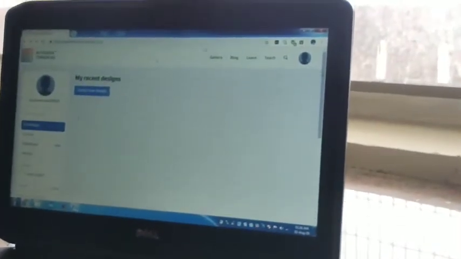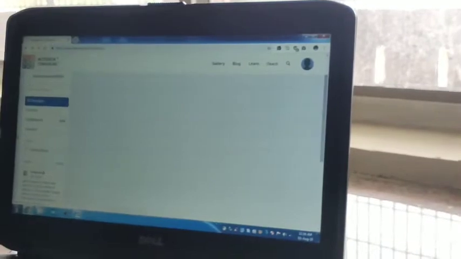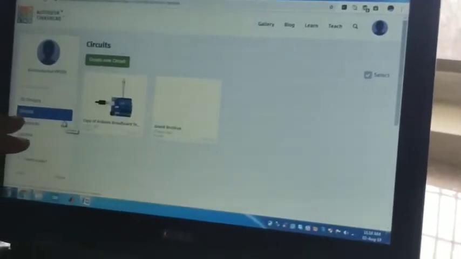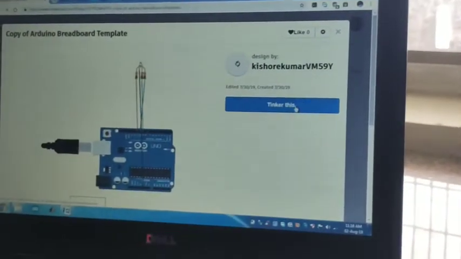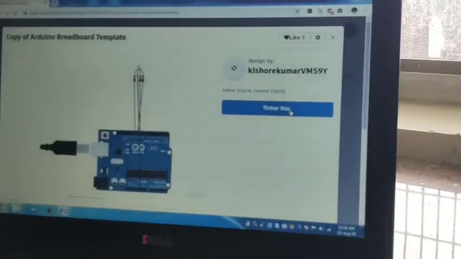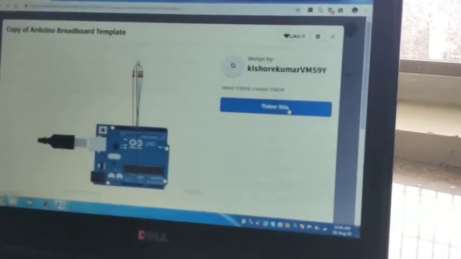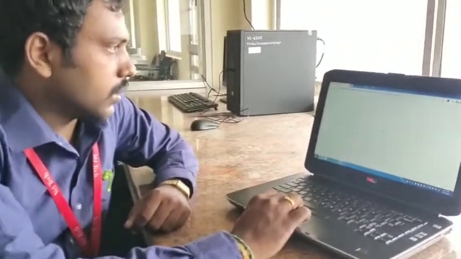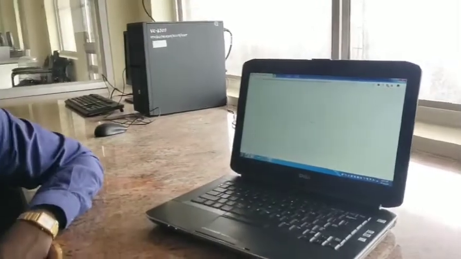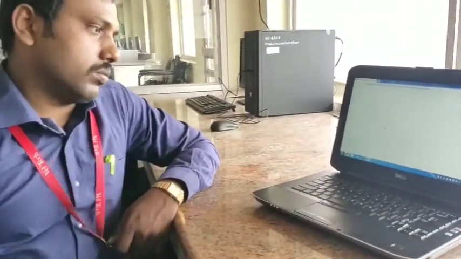In Tinkercad, not 3D, we are going to make use of circuits. I want to choose the option called circuit. I already have my copy, which I made earlier. The net is getting slow, so it will be loaded soon.